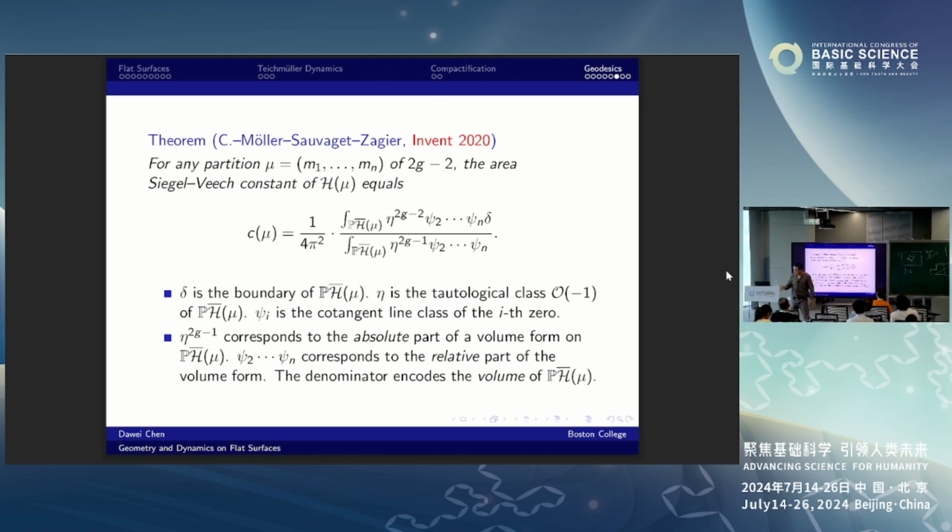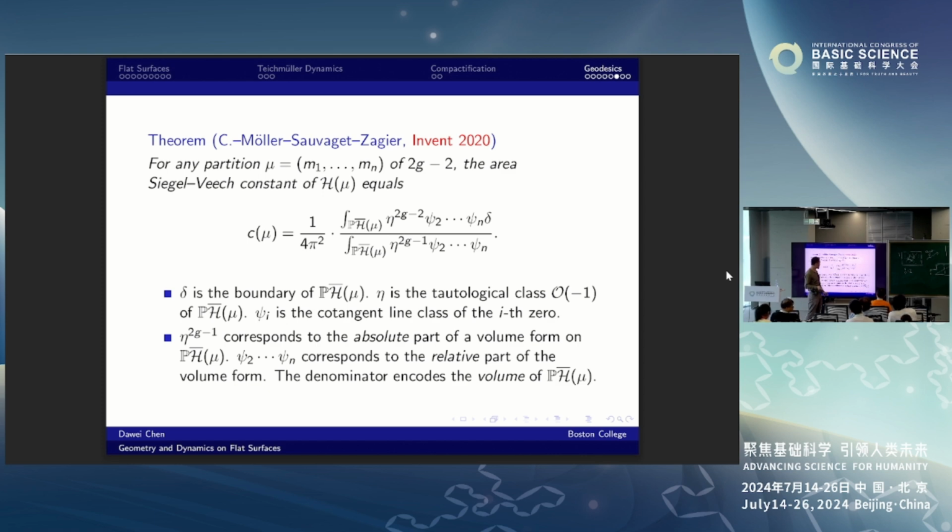So here's a result I did a few years ago with Martin Möller, Adrien Sauvaget, and Don Zagier. We actually computed this number for the biggest orbit closure, the total space H(mu). So I'm saying you take any general flat surface in the moduli space H(mu), where the orbit closure is the total space. Then this area Siegel–Veech constant can surprisingly be represented by what looks like a complete formula, but this formula really